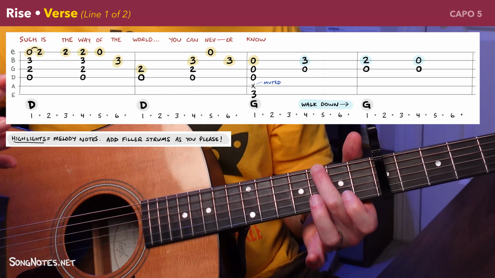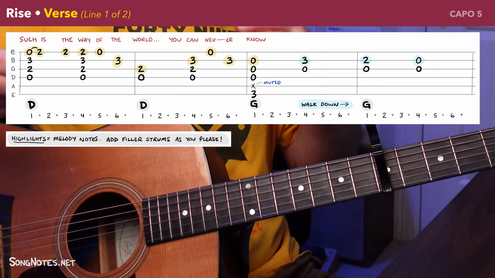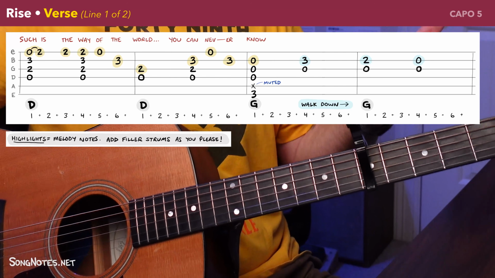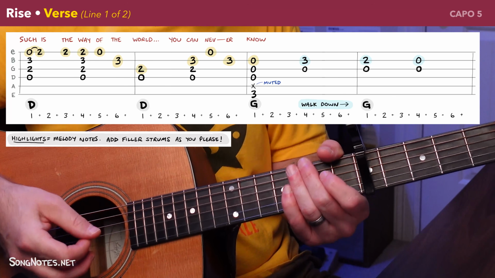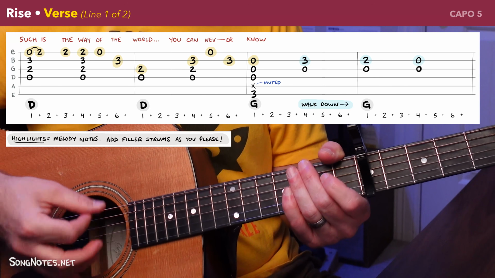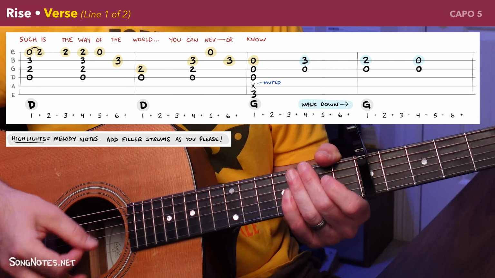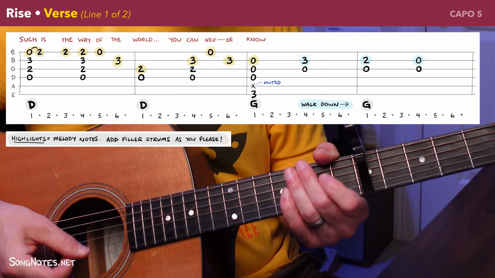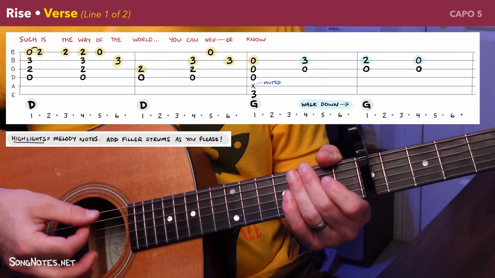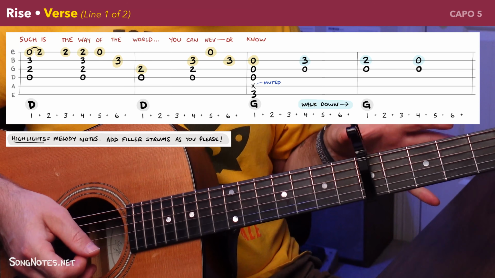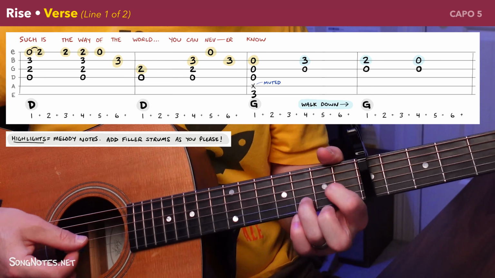Okay, just play it twice. Good stuff. It takes some practice to get the feel of it. Try integrating those filler strums. The secret of the filler strums is you just want to get used to that down, down, up, down, up, down, down, up, down, up, down, down, up, down, up, down. You want to have your strumming hand really comfortable with this rhythmic groove. And if you're comfortable with that, and then you learn the basic melody notes,